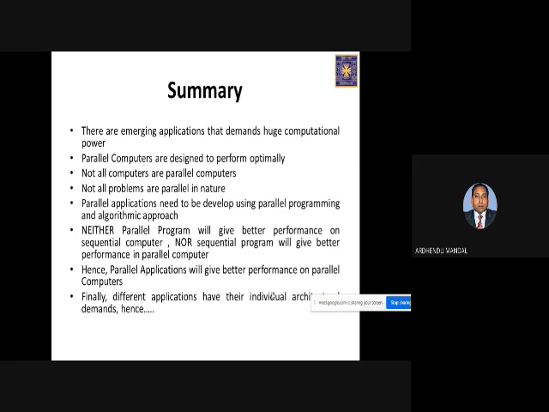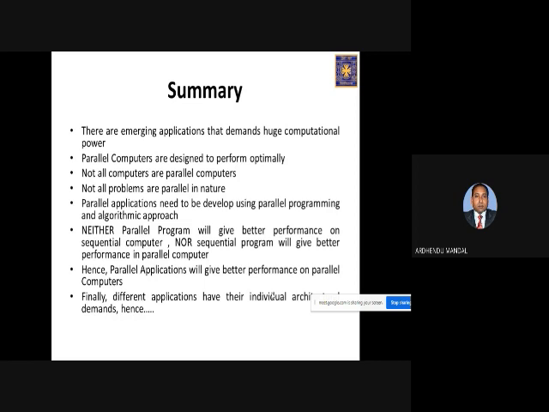So this is the kind of problem we have: we bring any program and try to execute it on the parallel machine, an HPC system, and we shout, why are we not getting the speedup? Because the program may be sequential in nature. So if you try to run any program on an HPC system and expect that it will give you better results, no. You have to rewrite your programs in parallel mode, and only then will the parallel system work. Otherwise, what will happen? Out of the n number of processors available in the system, only one will do the work. Having n processors with only one working is of no difference, because all the others remain idle.